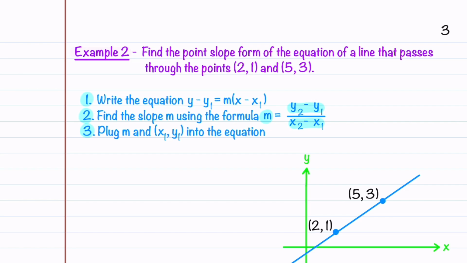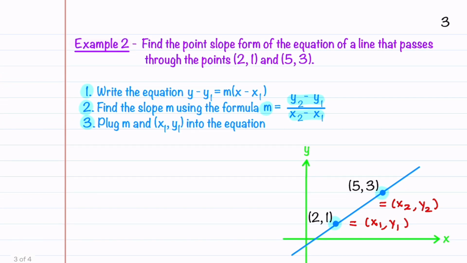On the right, I've graphed our line and the 2 points that it passes through. We need to label one of these points (x1, y1) and the other one (x2, y2). It's common to let the point on the right be equal to (x2, y2), and the point on the left to be equal to (x1, y1), because it's easier to subtract a smaller number from a bigger number. We'll start with writing our equation y minus y1 is equal to m times x minus